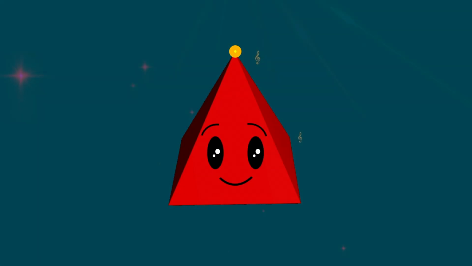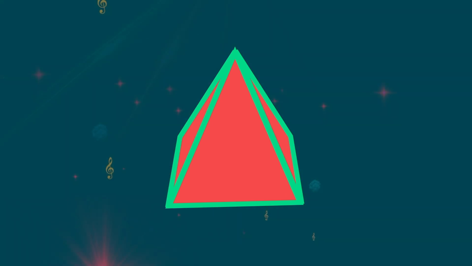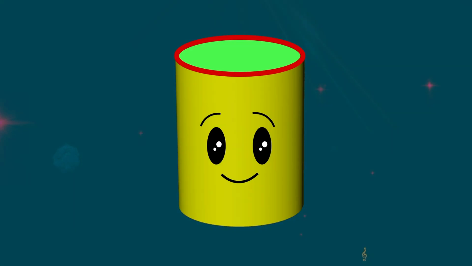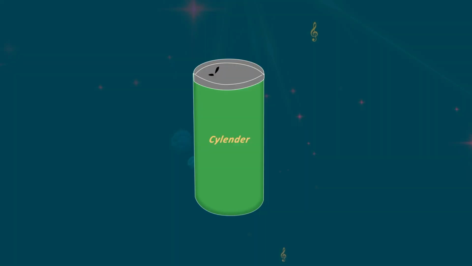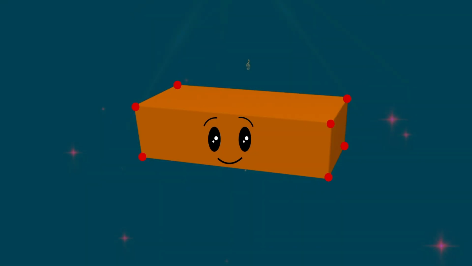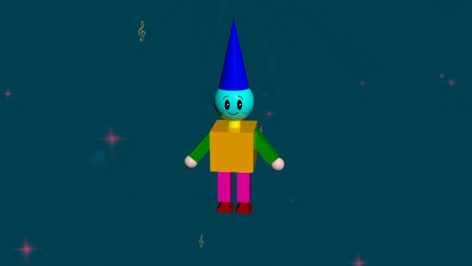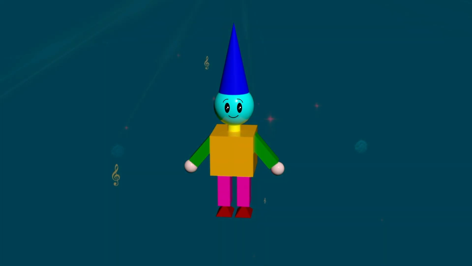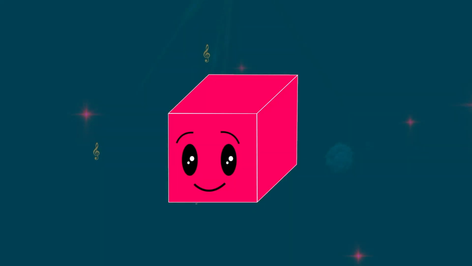A pyramid has a point up high, with triangular faces reaching to the sky. A cylinder is round, with two circular ends, like a can of soda, it's our friend. Prisms have faces and vertices too, like a rectangular prism for me and you. In the world of shapes, there's so much to see, with cubes, spheres, and